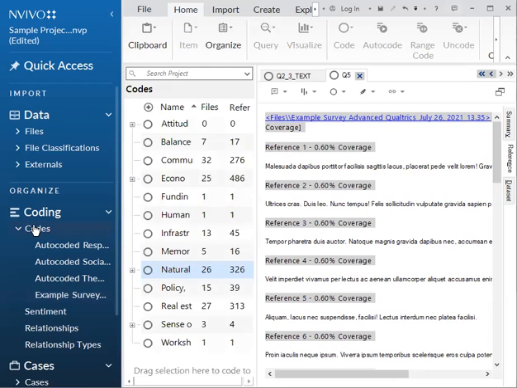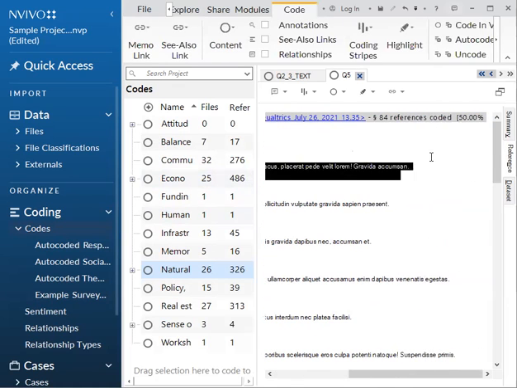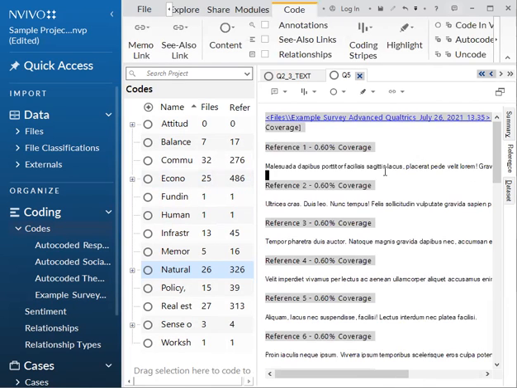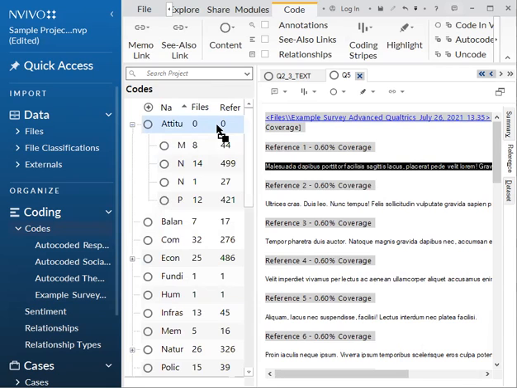So for an example, here's my codes for the sample project, and I can just highlight and then drag and drop into a code. So I'm going to drag and drop this into attitude. And as you can see, attitude now has one reference.